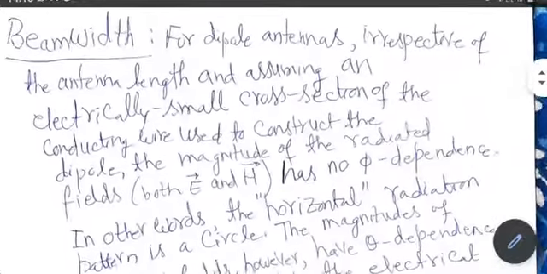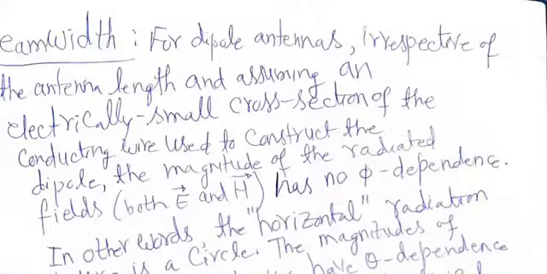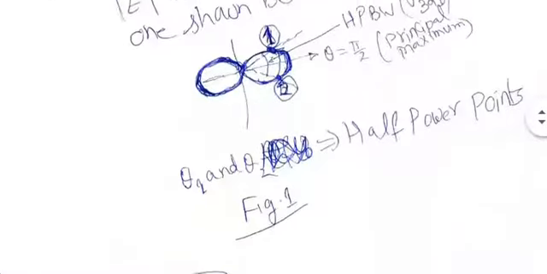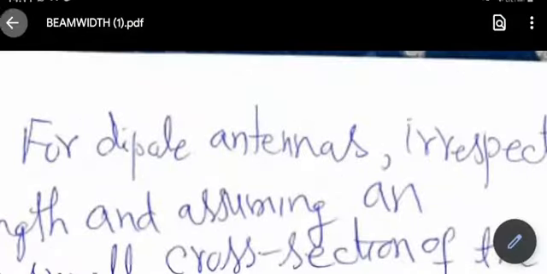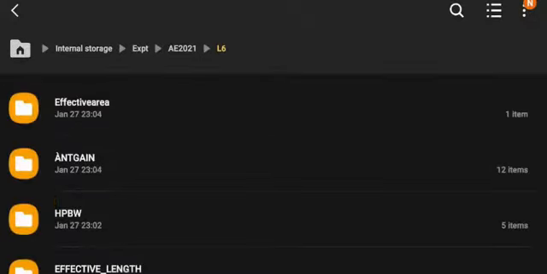It's probably not very readable, I know that. But important thing is this diagram. If the principal beam is along theta equal to pi by 2, on both sides, there will be theta values on which the value of E will fall to 0.707 of the maximum. So that range of theta values is known as 3 dB beam width or HPBW. As simple as that. Nothing else is new in this document. We'll do some numerical problems later on HPBW. One more concept before I close for today is that of effective area.